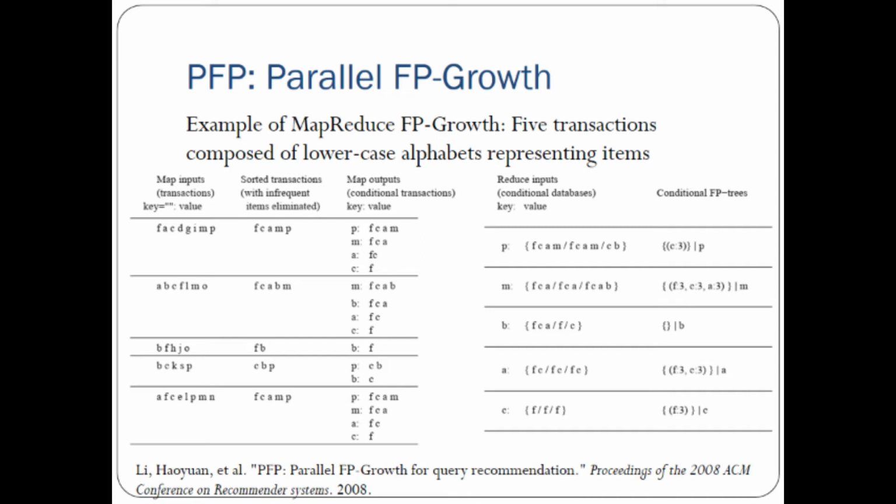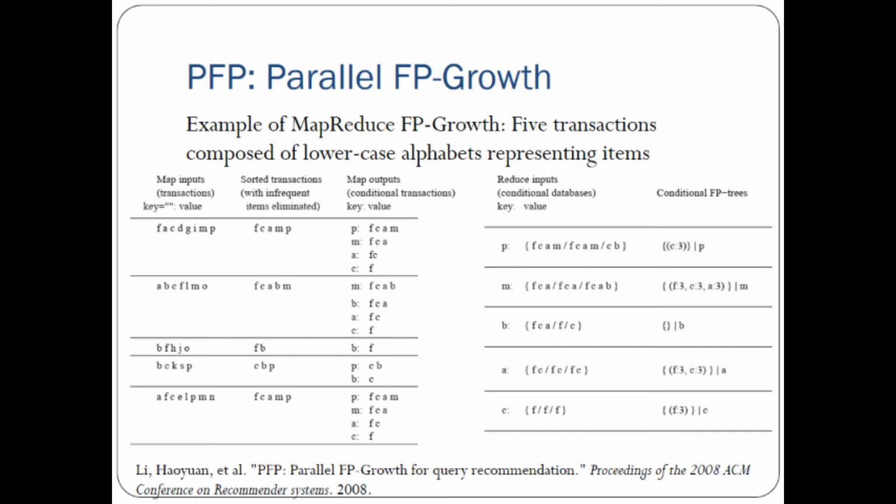And then you do the mapping process. In the mapping process, you put P as the key and then F C A M as the value. P has already been done, and thus you are left with F C A and M. If M occurs, then F C A would be chosen. Then M was also done. Then you choose A as the key. F and C remain, so you put F and C. Then A was also done. So for C, you have only F.